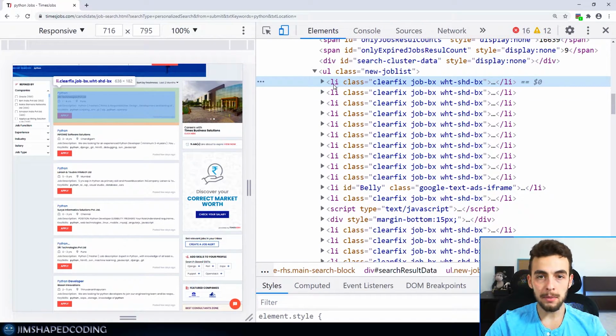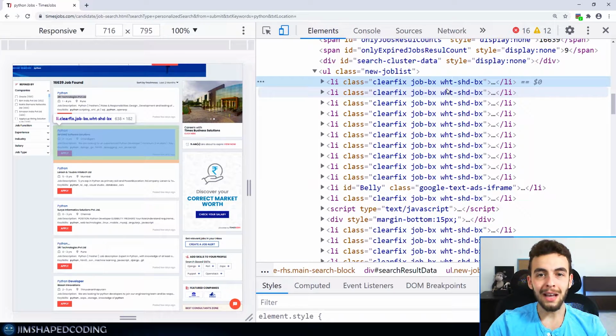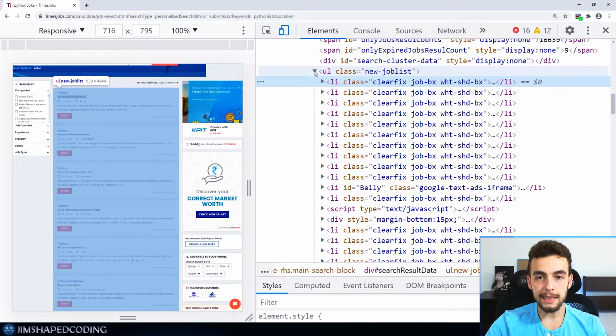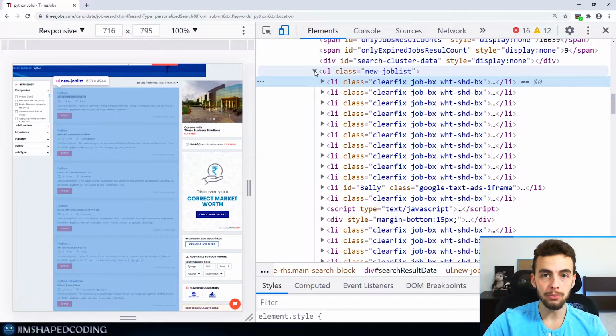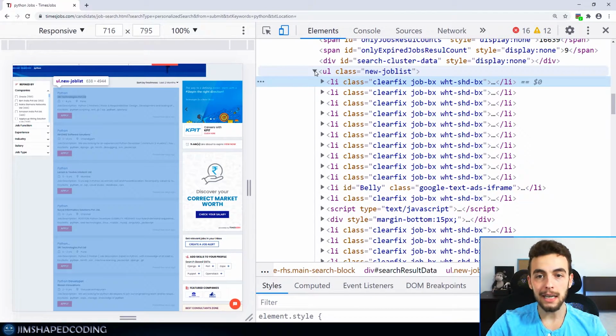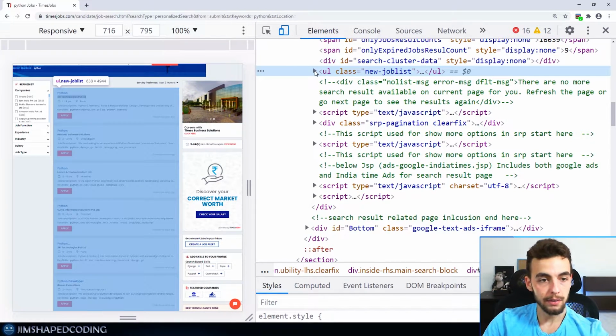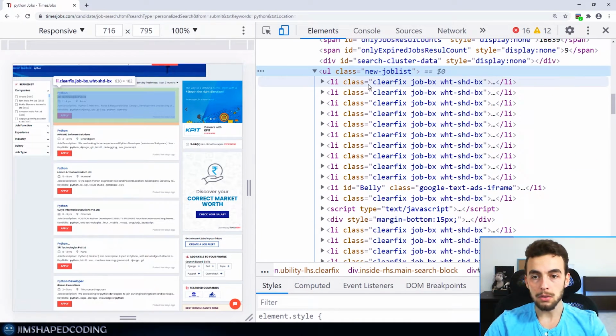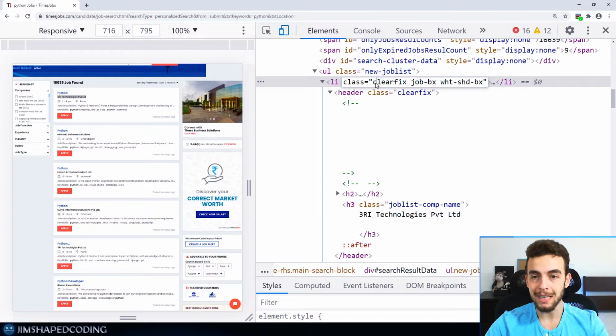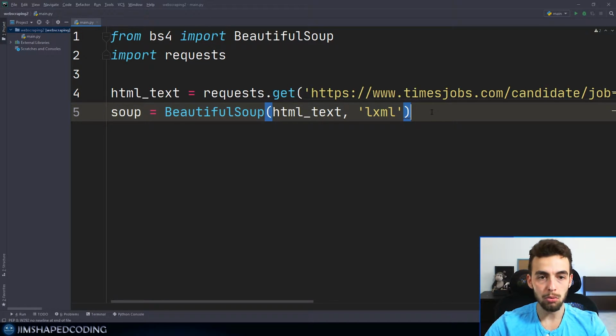And our HTML element here is called li. So li stands for list, and then you can see that it is inside a ul tag. So this is standing for unordered list, and it is containing a lot of list tags inside that ul. So you can see once I close that, then the entire list of all the posts are marked with a blue background. So I'm going to search the element of li with that name of class. So I'm going to copy the name of the class here, and I'm going to go back to my PyCharm,